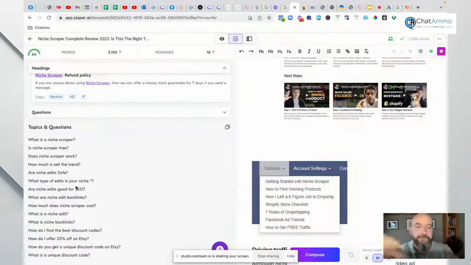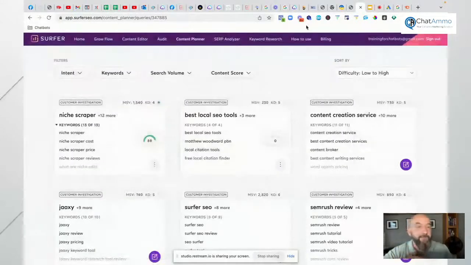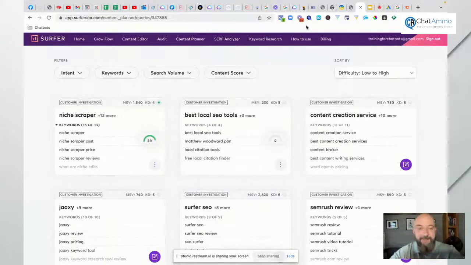Now, if I had written a post and I was still struggling to rank that post, and I'd run all of these various different parts and put all these various different bits all together, then I would go after the questions. I would make a post about each one of these questions. I would also make a landing page about each one of these questions. Because remember, if we're advertising on Google and we have the same keywords in our landing page and it will get ranked within landing as well, if we're then running ads to it, our ads are going to cost us absolutely next to nothing. All right.